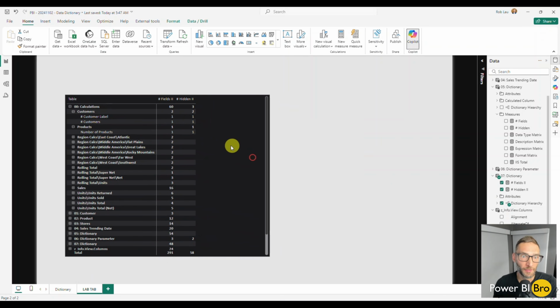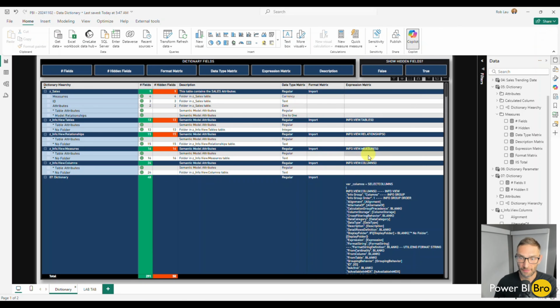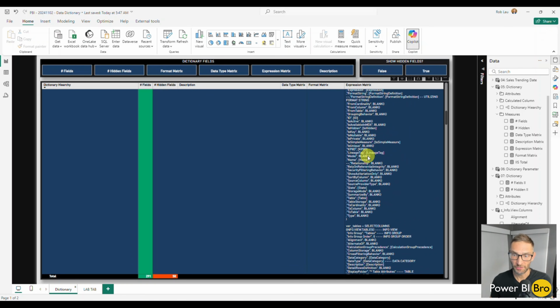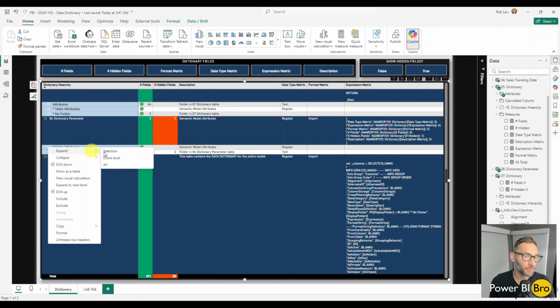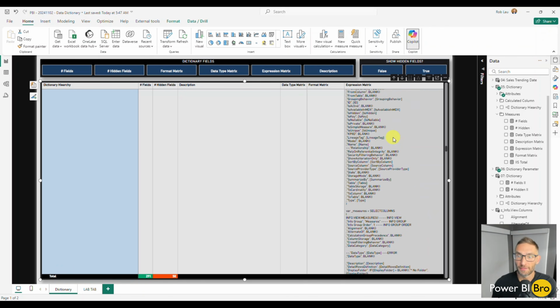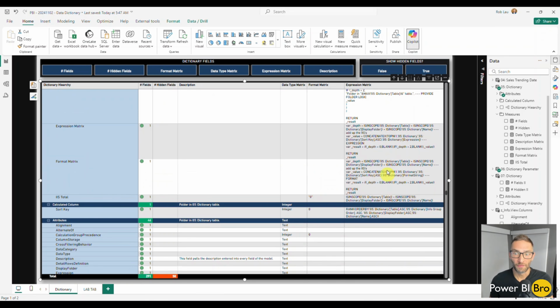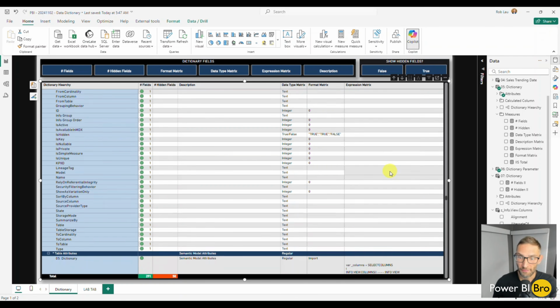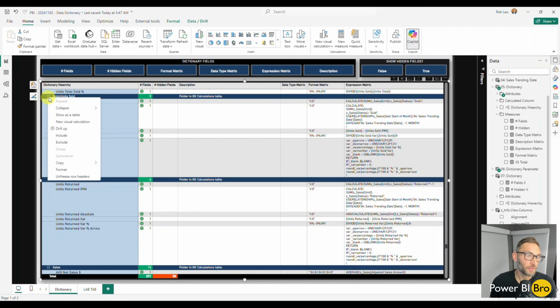So first, I'm going to do the most complicated one first. And then, well, actually, I'll do an easier one first. I'll do, say, the expression column. So what we want to have happen is this logic, this concept here, where it's going to return an expression for everything that's created. So even if I expand this entire model, this will look pretty wild. But now we can see every single thing for the dictionary, for every function, every matrix, everything in this model, all the expressions that are happening there. But the key thing is if we collapse all of this,